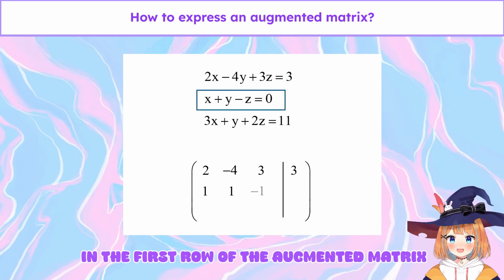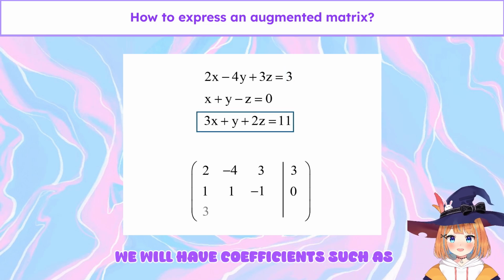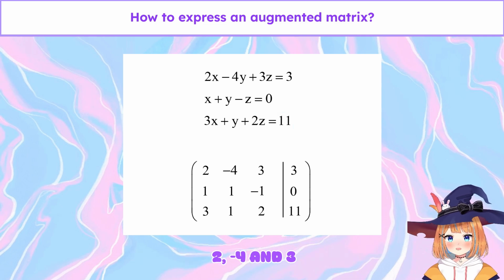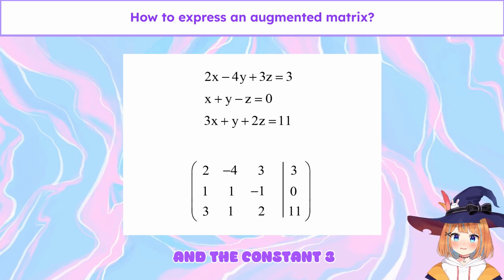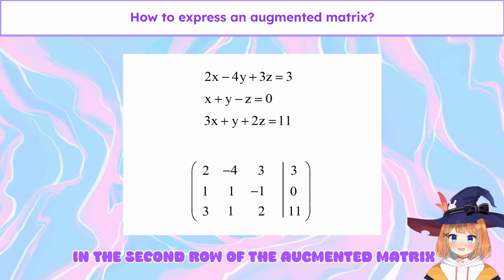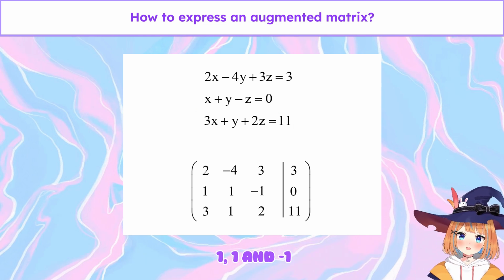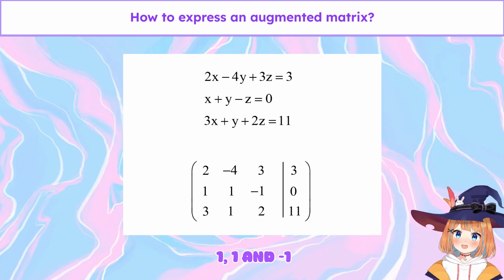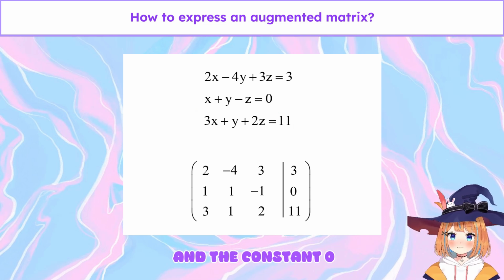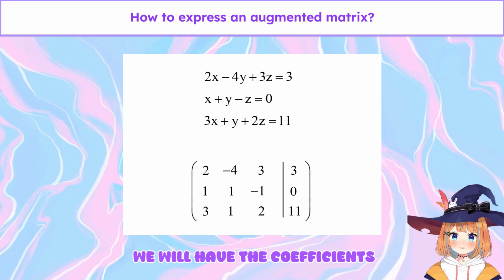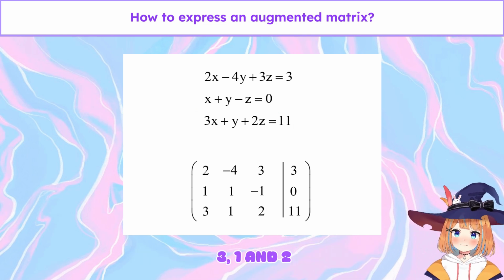In the first row of the augmented matrix, we will have coefficients such as 2, -4, and 3, and the constant 3. In the second row of the augmented matrix, we will have the coefficients 1, 1, and -1, and the constant 0. In the third row of the augmented matrix, we will have the coefficients 3, 1, and 2,